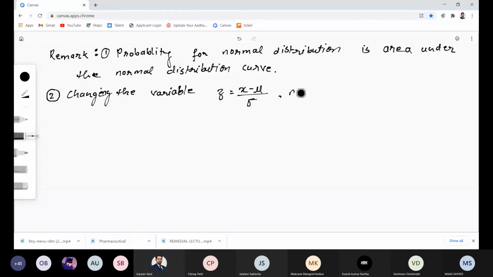Make the curve symmetric about the y-axis. Third one, total